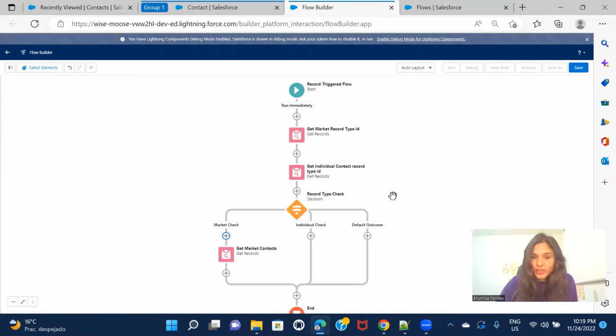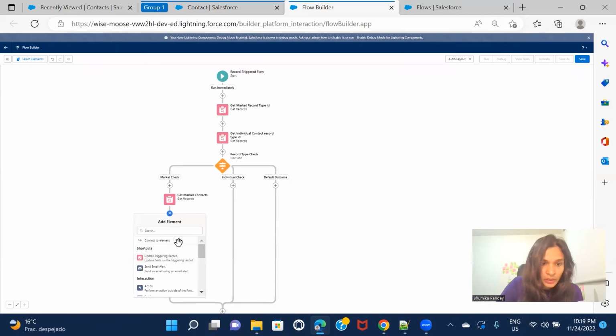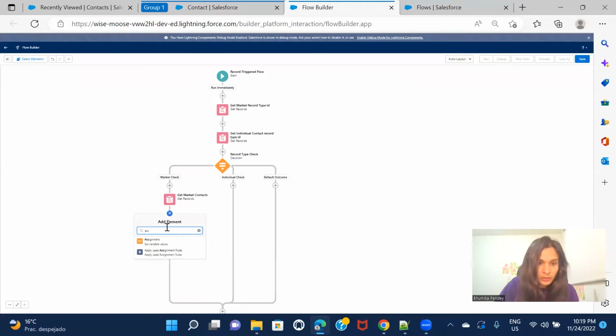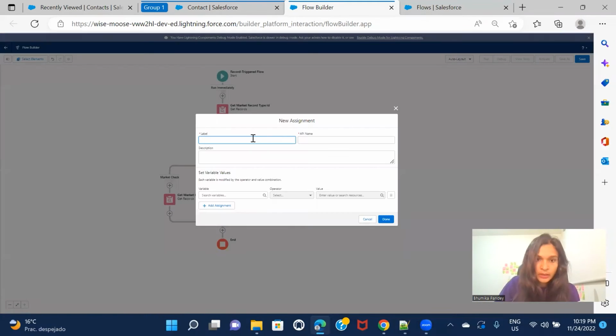All right, so now we had the record type check, and we used that record type check to basically split both the record types, and here we have queried all the market contacts. Now what do we have to do? We have to count, right? Because here you have only queried, you don't have the count, right? So for that you need one assignment. The screen is getting smaller and smaller. So here let me just search for assignment. So assignment, and here let's just put as market count